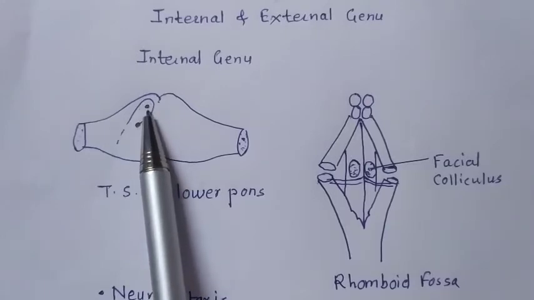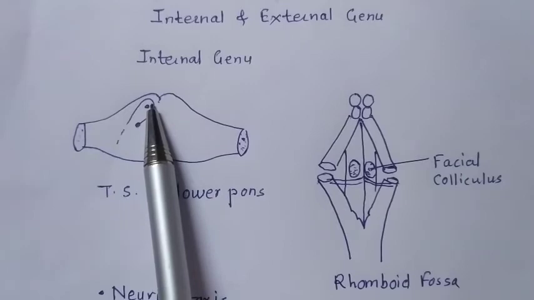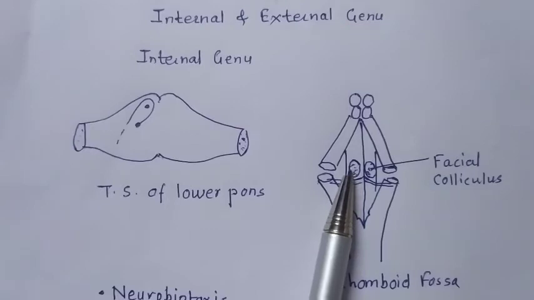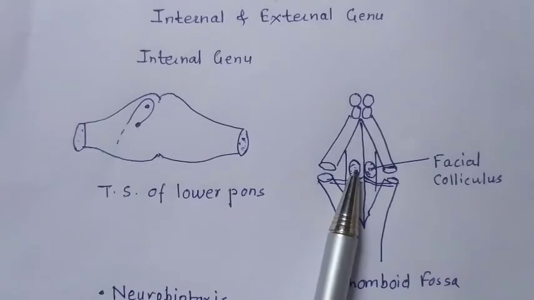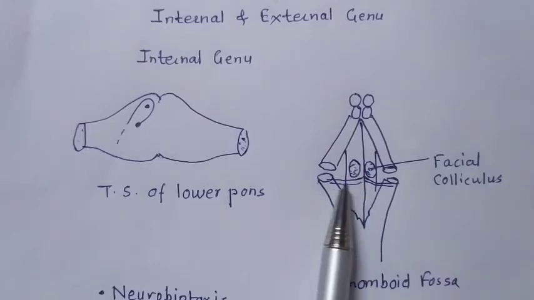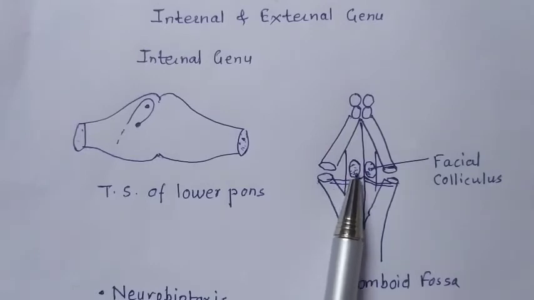The abducent nucleus curved by the internal genu of facial nerve produces a swelling called as facial colliculus. The facial colliculus lies in the floor of fourth ventricle. The floor of fourth ventricle is called as rhomboid fossa. So, in the median eminence above the stria medullaris, the oval swelling belongs to facial colliculus.